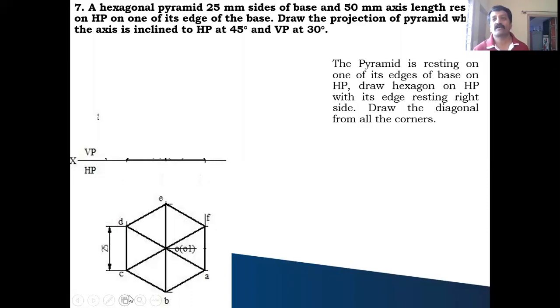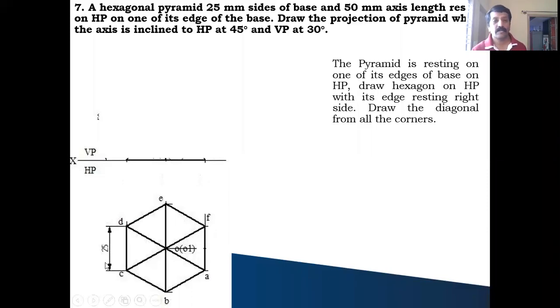And here, how to find out the center of the hexagon? You draw the diagonals between opposite corners. Wherever they meet at a single point, that itself is the center of your hexagon. You call the base point of the hexagon, the center point, as O1 and the apex point as O. So this completes your top view of the hexagon.